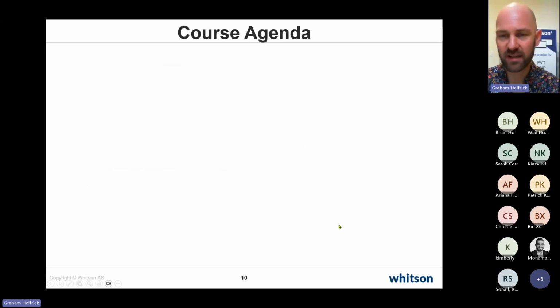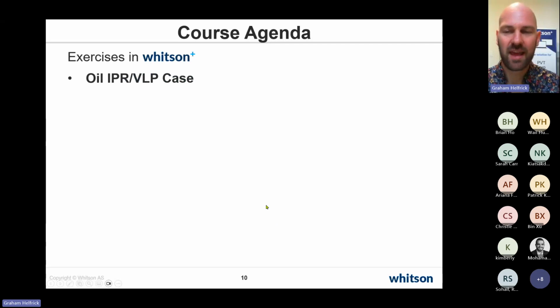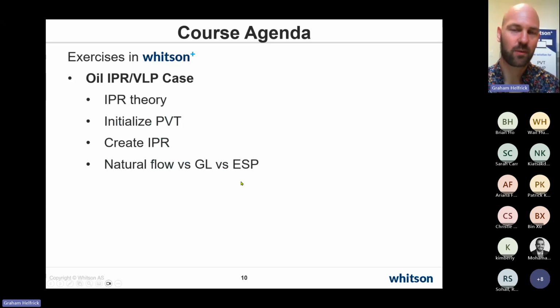We'll check that out. So the second example is going to be an oil well. And this is where we're going to learn how to create an inflow curve, an IPR, and an outflow curve. We're going to do a real quick bit of theory. We'll do our PVT, we'll create the IPR, and then we'll say, what happens if we flow the well naturally,